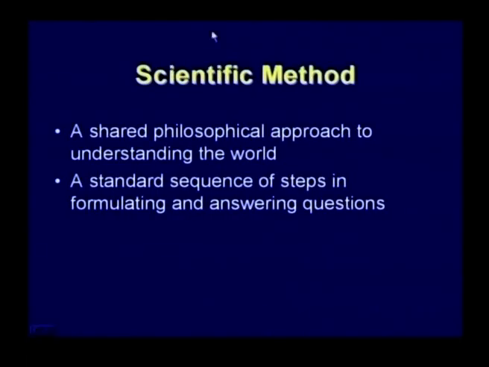So what is the scientific method? How do we conduct research? According to the general definition, the scientific method is a shared approach to understanding the world. It is a standard sequence of steps in formulating and answering questions. So the scientific method is basically the sequence of steps that we take whenever we conduct any research study. The scientific method includes the following steps: